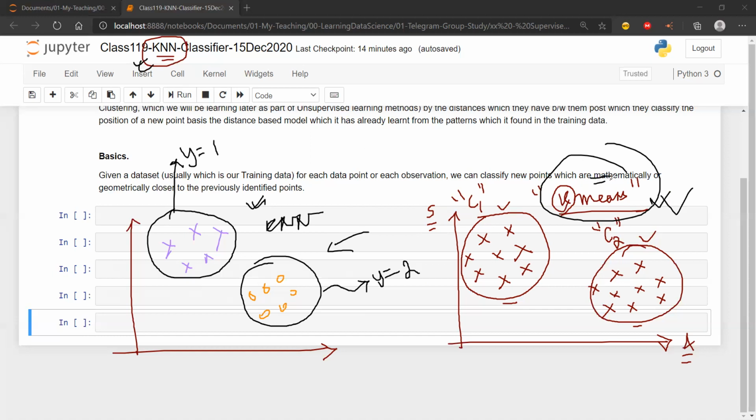There is some overlap between KNN and K-means based on the kind of distance metrics that we are going to use. So a lot of terminology will be overlapping with each other, but people often make the confusion or mistake of thinking they are both the same, but they are not, right?